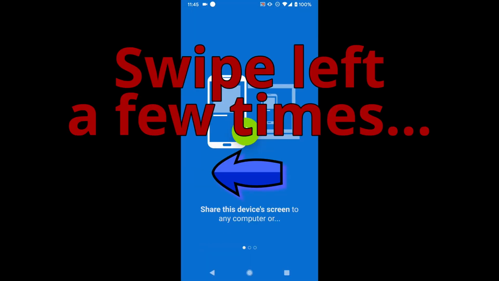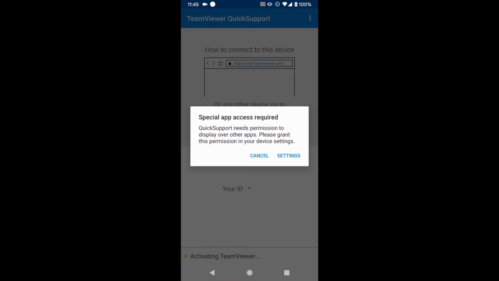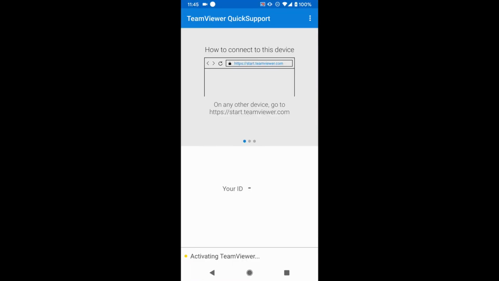Now it says that I could share this device, and we'll do done. And now it's saying we need special app access. So we're going to have to click on settings there, and then change this little switch over to allow display over other apps. Depending on your Android version, this might not appear, but if it does, this is what you need to do. And then we'll click the down arrow at the bottom to go back,